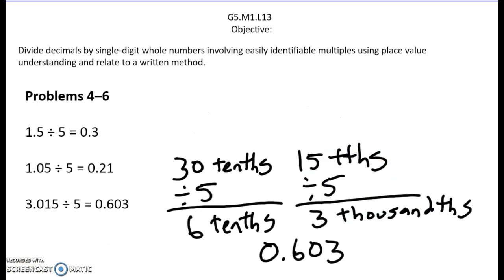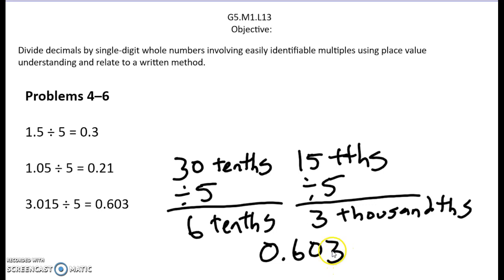In this next example, we have 3 and 15 thousandths divided by 5. Again, what I'm going to do is rename the 3 wholes and 0/10 as 30/10, and then the 1 hundredth and 5 thousandths as 15 thousandths. 30/10 divided by 5 gives me 6/10. 15 thousandths divided by 5 gives me 3 thousandths, for a final answer of 0 and